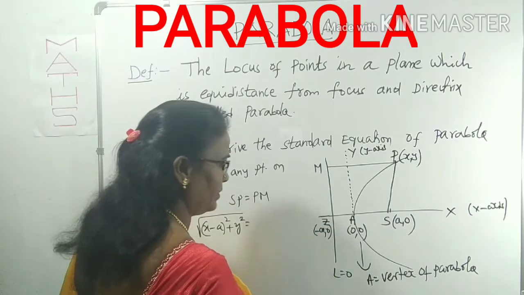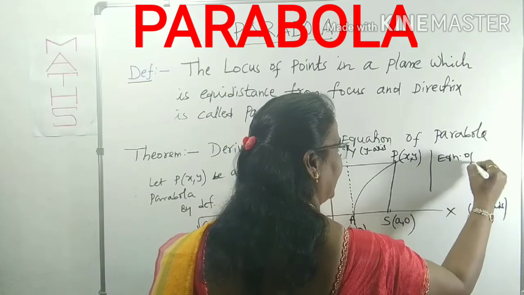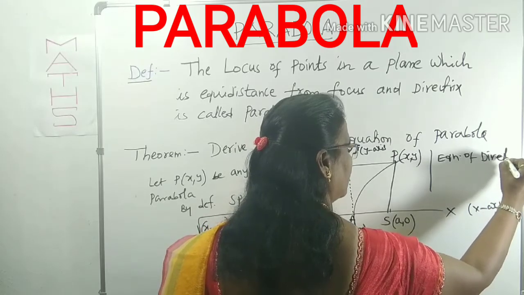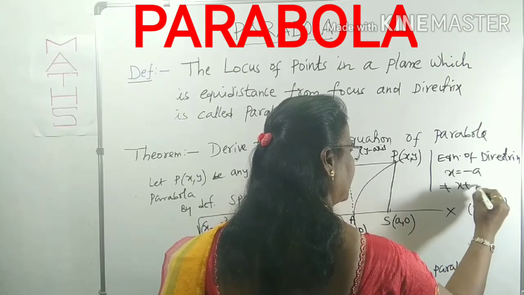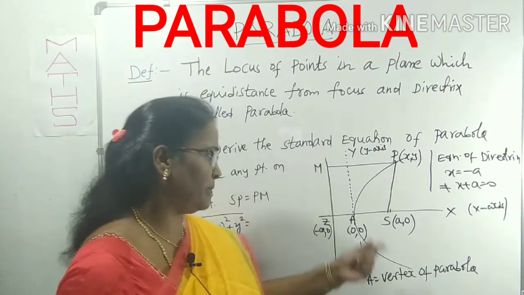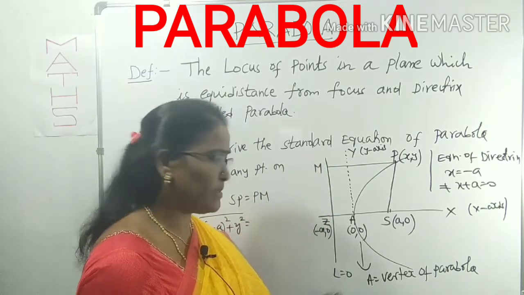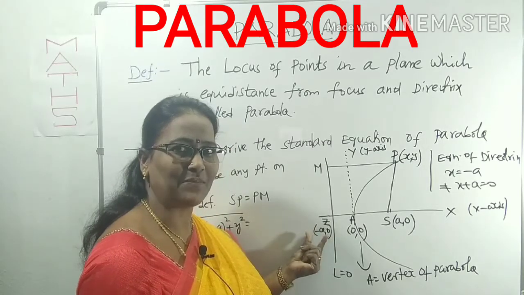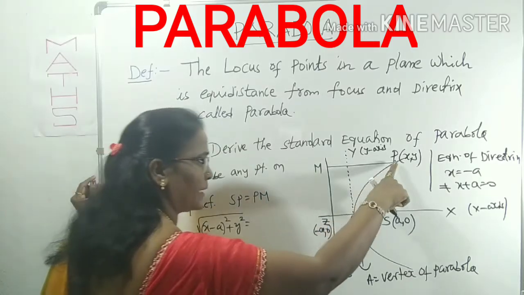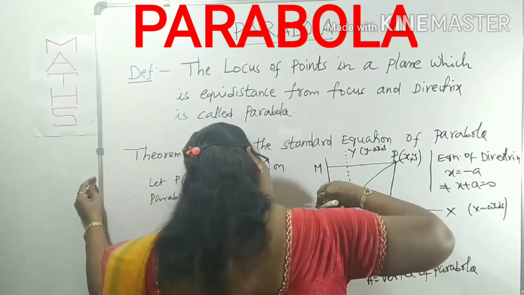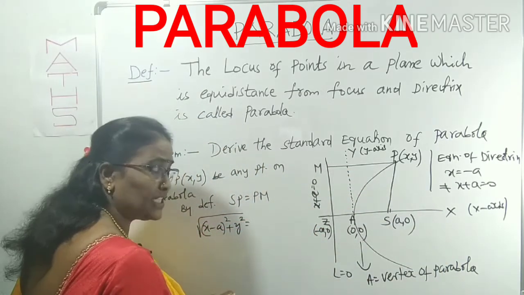Also what I said about this Z, coordinates are minus a comma 0. Then the equation of directrix, I am writing here, x is equal to minus a, in the sense x plus a is equal to 0. This one you should remember. Z is where? Z is on the directrix. So the equation of the directrix becomes x equals minus a, in the sense x plus a equals 0. This is the equation of the directrix. What is PM? PM is the perpendicular from P to the directrix. What is the directrix equation I have given? x plus a equals 0. Okay, you know the perpendicular from a point to the line.